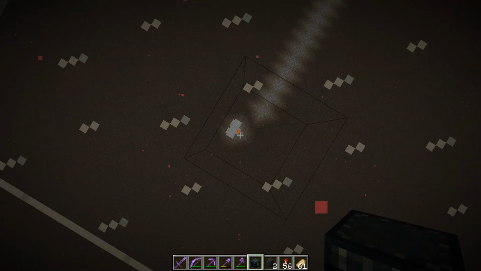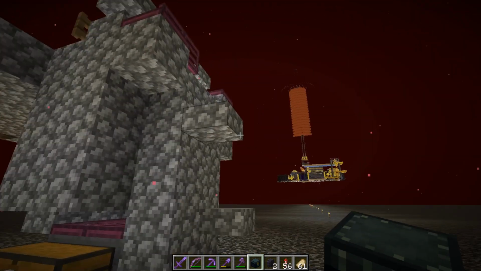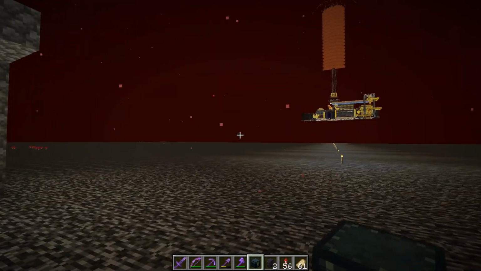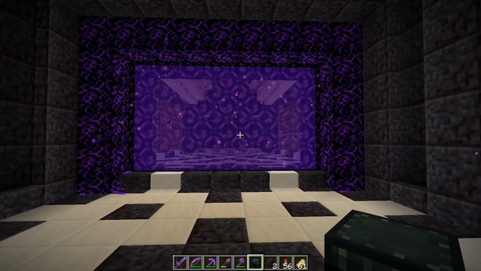So they run towards the lava, they die in there, and the hoppers will collect everything. That's it. Nice and simple design, but it is so effective and really, really overpowered. Okay, so at this point, I should probably show you another really crazy thing I had to do to get